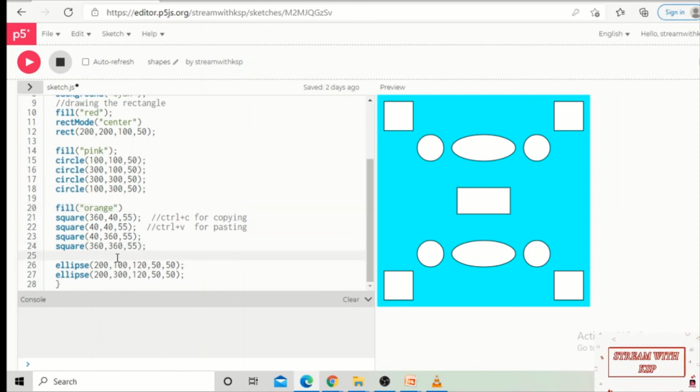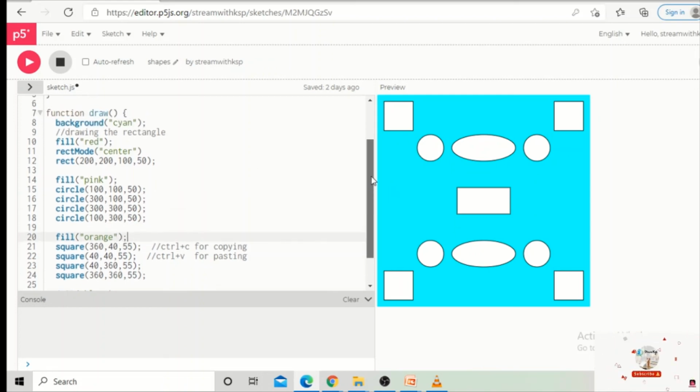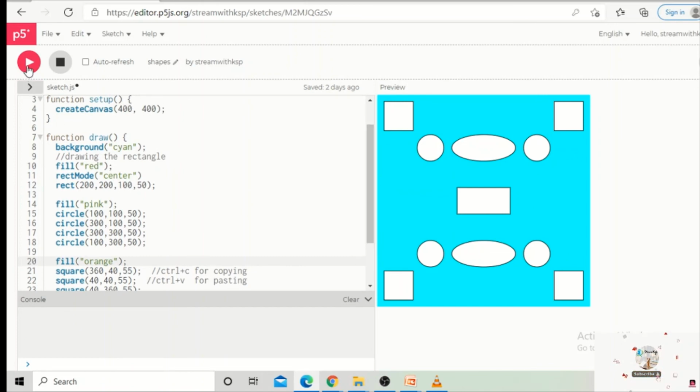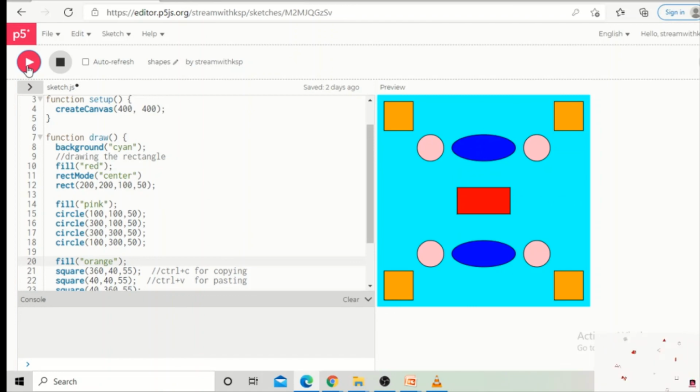And last but not the least, the ellipse I want to fill it with blue color. For every instruction we have to give the semicolon. Now it is completed. Let us click on the play button to see how beautifully our output is going to look. Yes, different colors for different shapes in different positions.